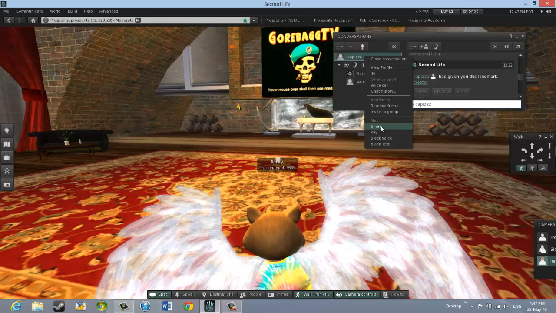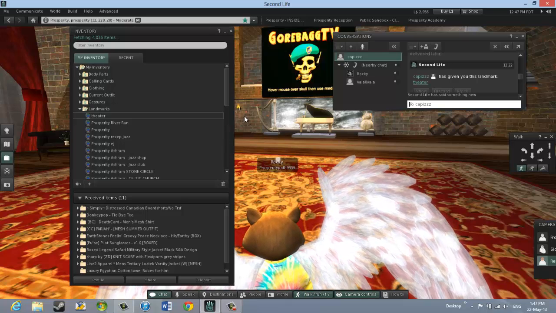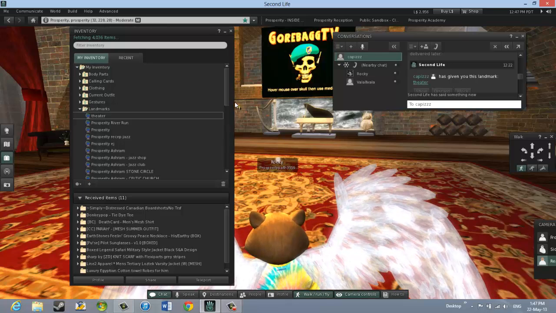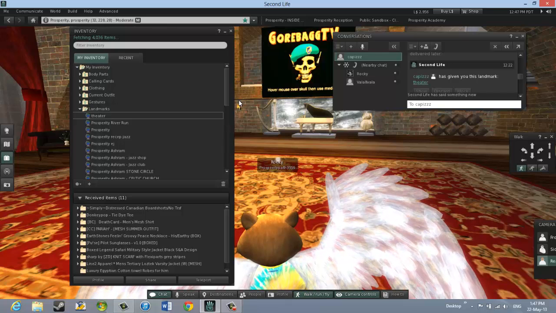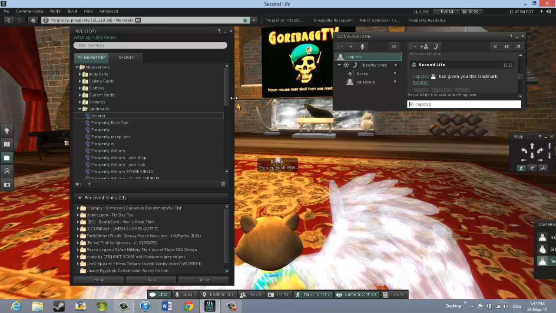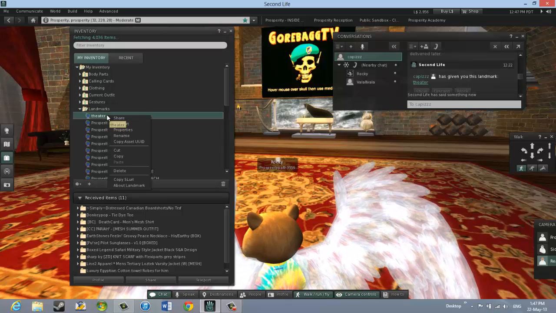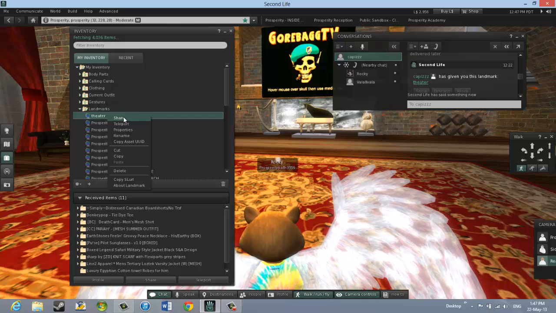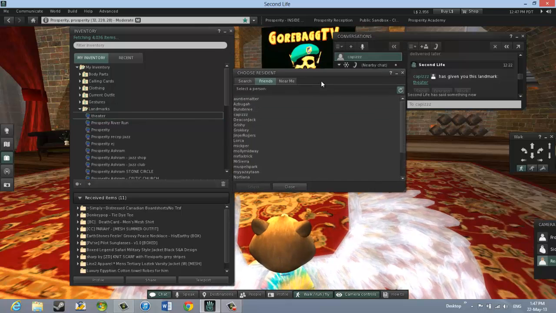So now when I click on Share, it brings up my inventory, and so I can share items in my inventory not only with Cappies but with a number of people, specifically friends and also people that are nearby. So if I wanted to share, say, the theatre landmark, I would right click on it, and again I notice a second menu is opened and there's the word Share at the top. I click on the word Share, and now it allows me to choose